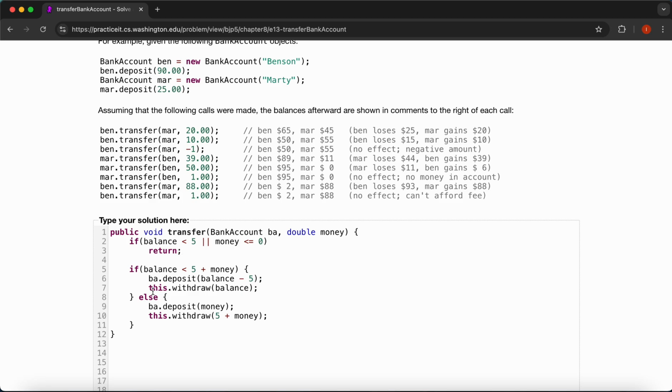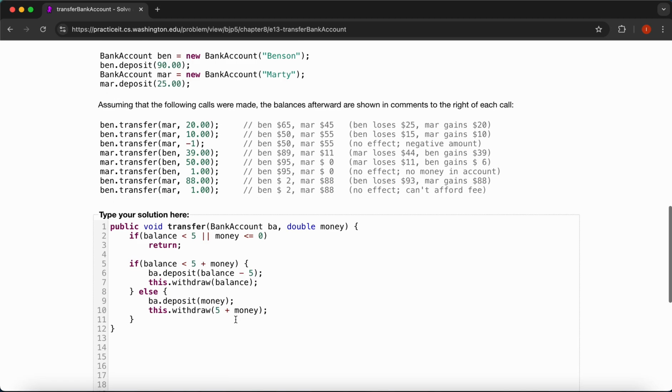But if that's not the case, and all the money's there, then we can just deposit money into the bank account called BA, deposit the money in, and then we can withdraw from this